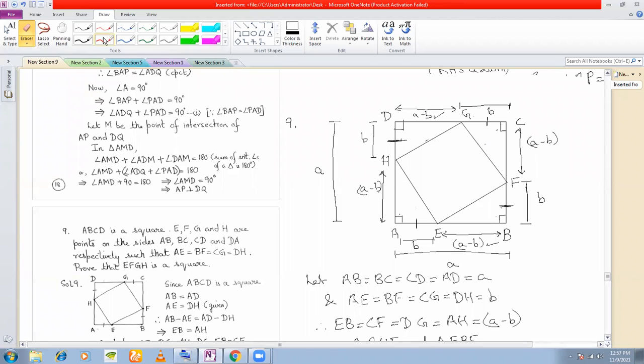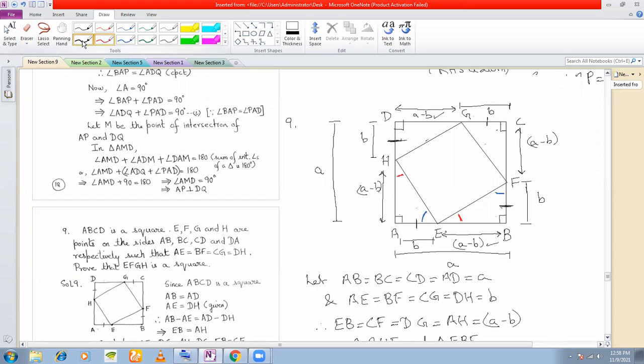Look at this now very carefully. Okay. Now these two triangles I have already proved congruent, right? Let's mark which angles are equal in these two. What are the angles that are equal? First of all, I can say this angle is equal to this angle by CPCT. I can say or not? Yes, I can, sir. Okay. Also by CPCT, I can say that these two angles are equal. Right? Fine.